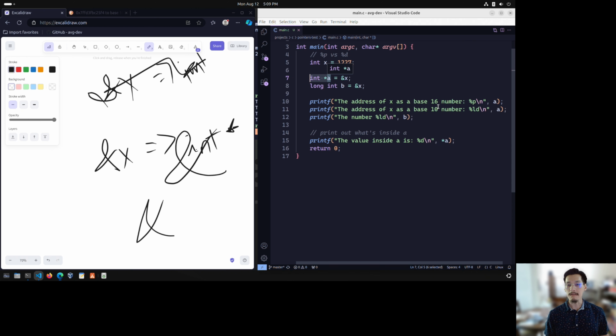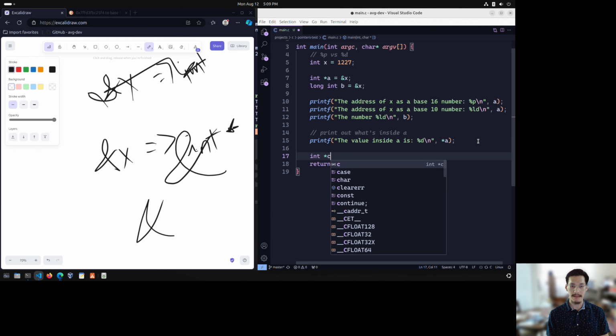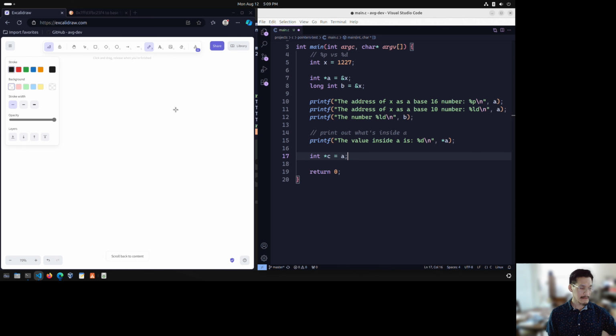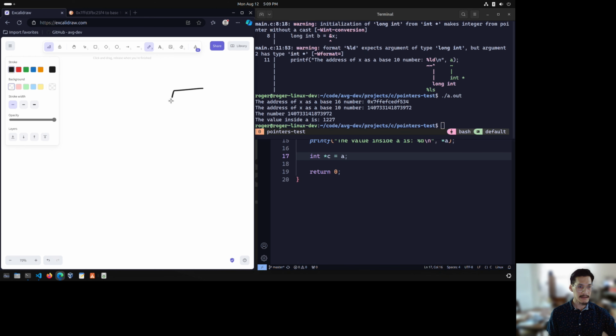Okay, now, prove it to you. What happens if we do this? Int star C is A. Is that valid? It is, because we're assigning a pointer type. So this is essentially an int star to another int star, so they're going to be pointing to the same place. So if we're thinking about it visually,